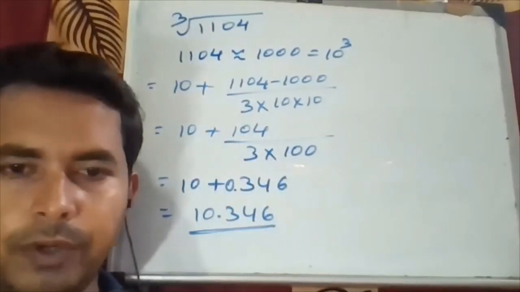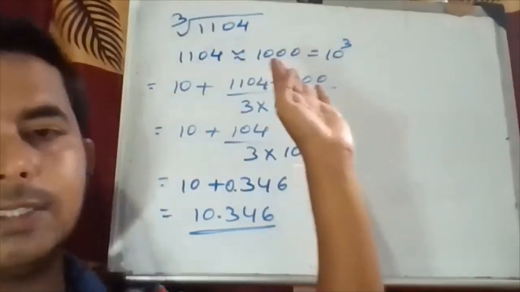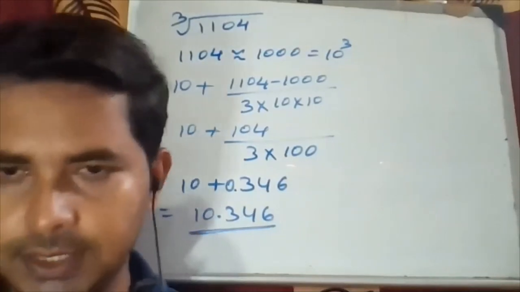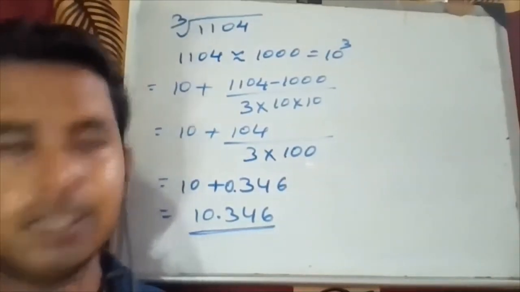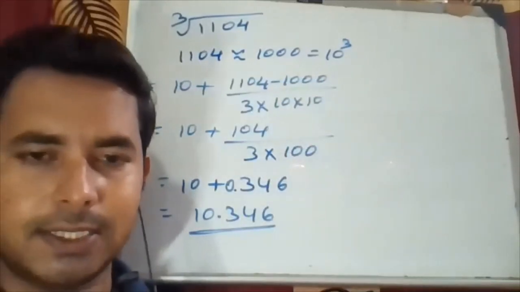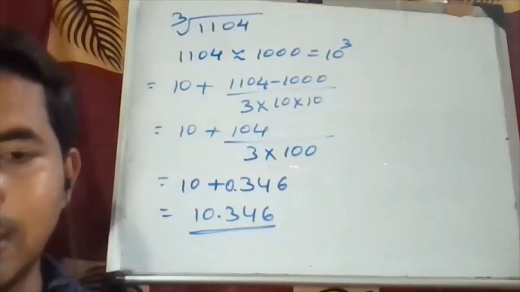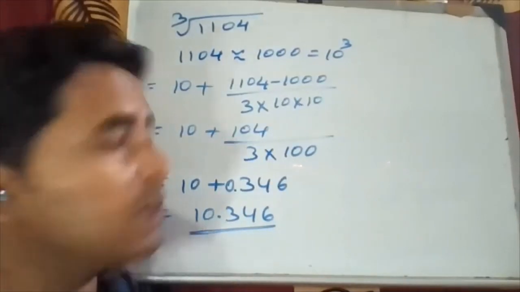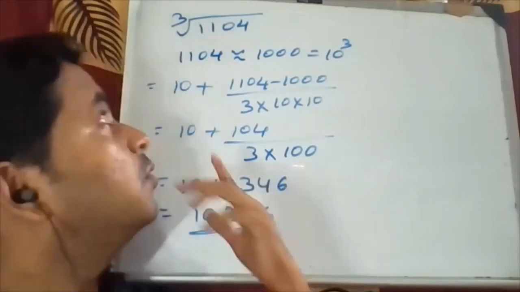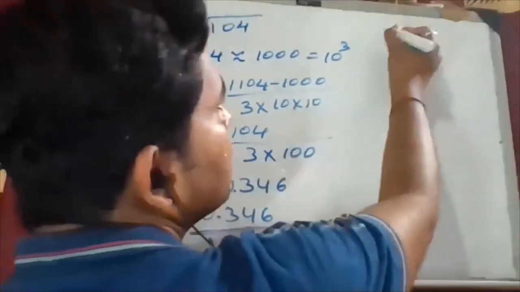For a 5-digit value, just adjust by multiplying with 1000 if they ask a 5-digit number. Same way, if they ask a 6-digit number, adjust like we did for square roots. Usually they won't ask bigger values like 5 and 6 digits; most of the time they ask only up to 4 digits. Just try this one example for last.